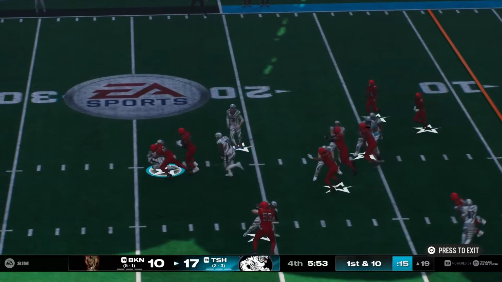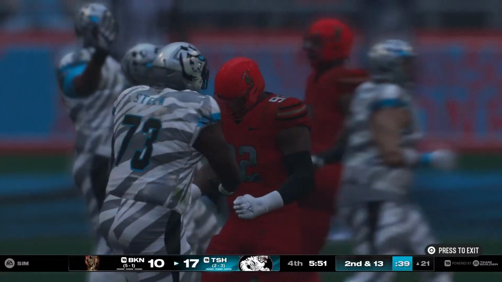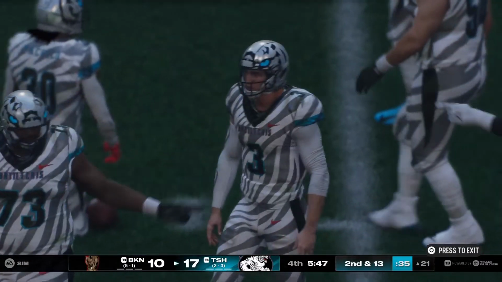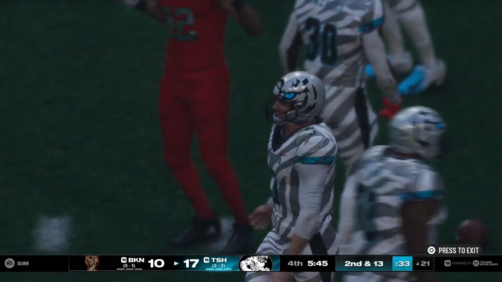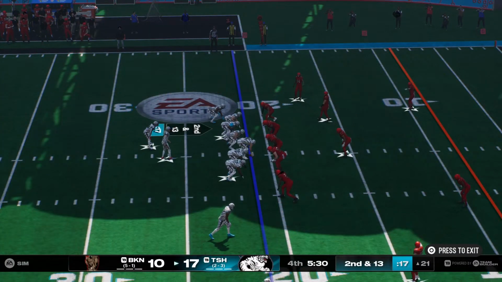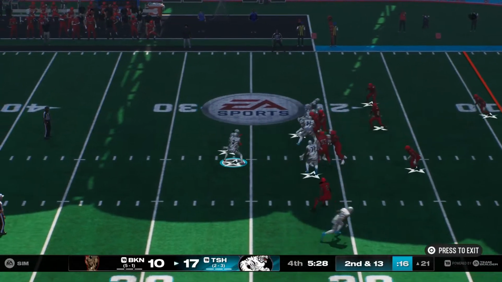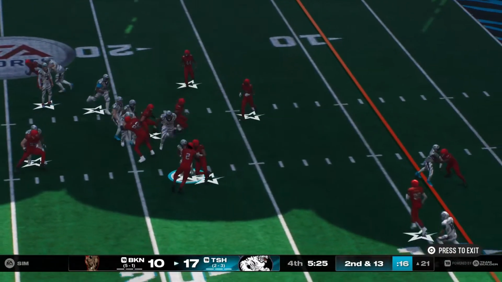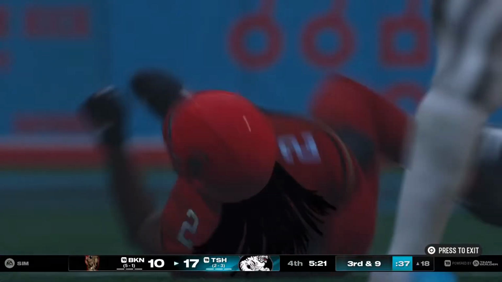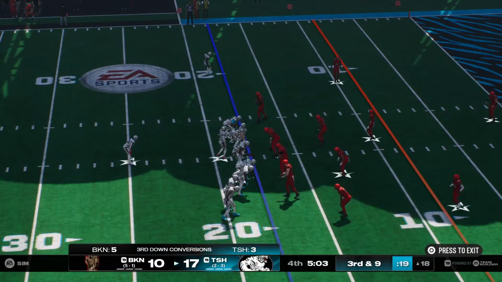Here's Pacheco on the read option, and that one is blown up quickly as he's stopped before he could even get started. A loss of a full 3 yards, and now it's 2nd down. A give to Pacheco off the option, and he'll take this inside the 20 and down to the 18. It's a gain of maybe 3, but it's going to leave him with still about 8 or 9 to go